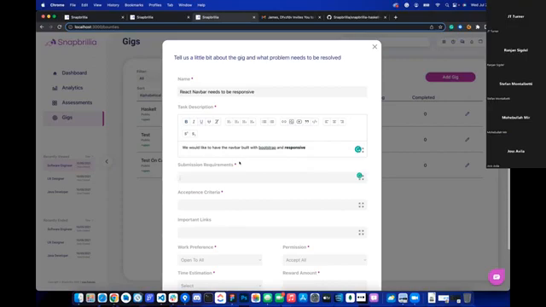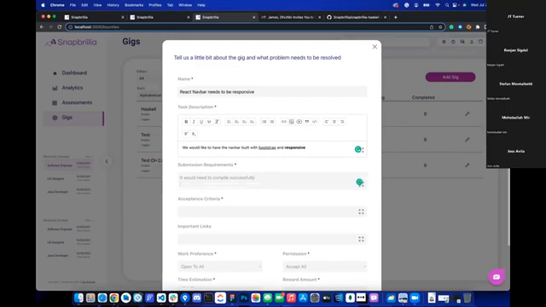Let's see, submission requirements. It could be something along the lines of to compile successfully and, let's see, include CSS, and then